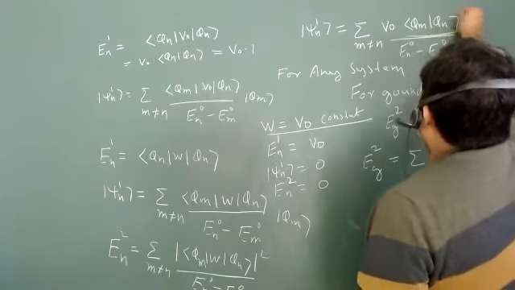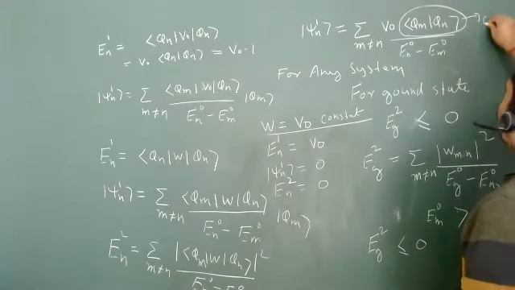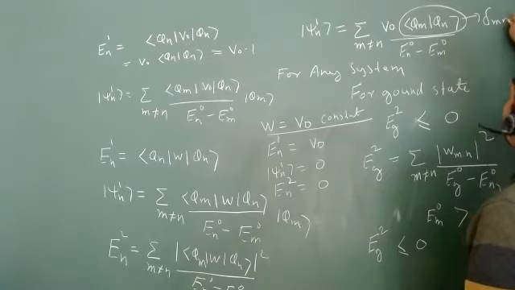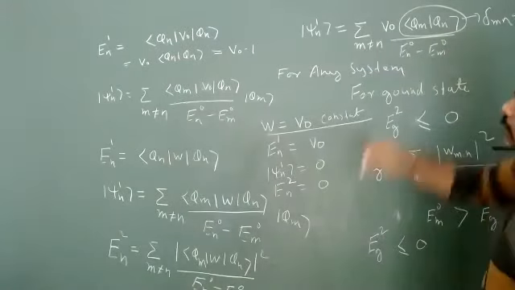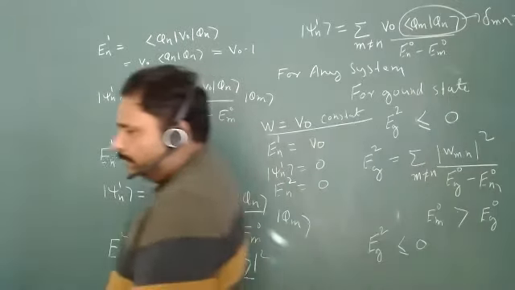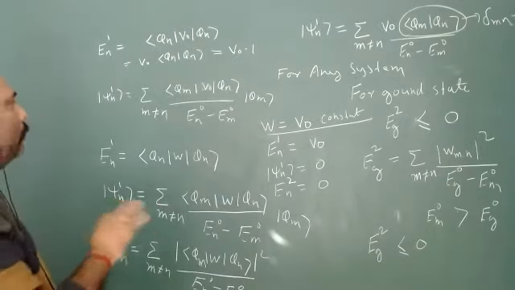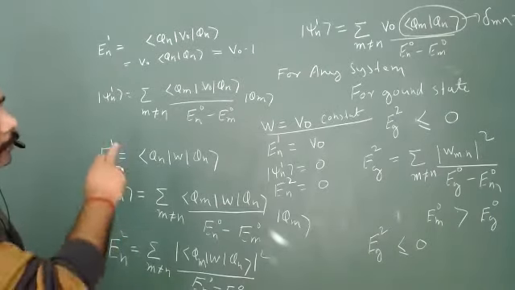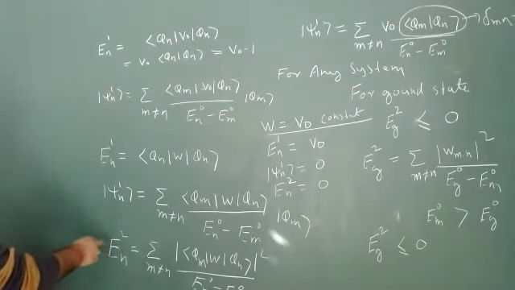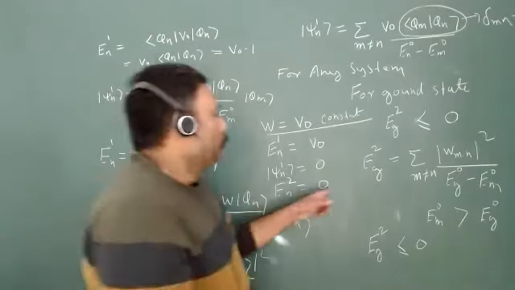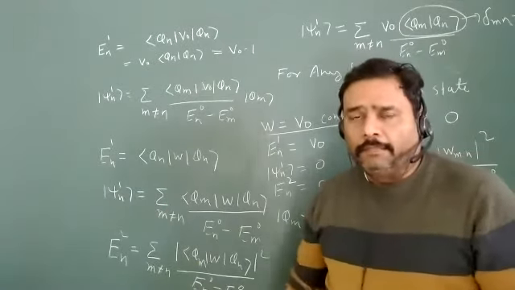What is this value? This value is nothing but delta m and n. Hence m is not equal to n, then this value is always 0. Yes. So psi n1, there is not any wave function correction for the first order if your perturbation is constant. So similarly, I can also claim that En2 is equal to also 0 for any system.